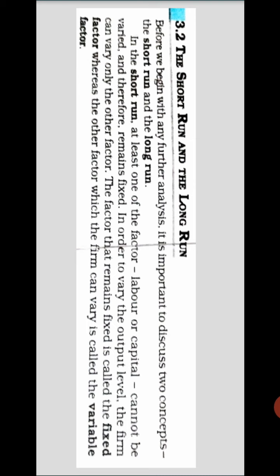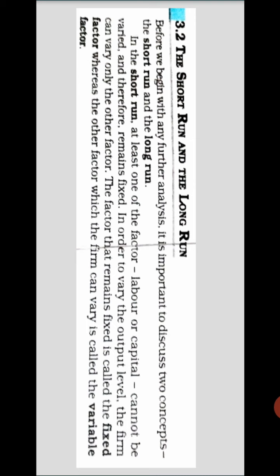Short run and long run, when it comes to economics, when you are going for any production process, either an industrial product or an agriculture product, the variables always depend upon the time being. Time being means we will consider 1 year to 5 years. If it is 1 year or less than 1 year, we will call it a short run. If it is more than 1 year, then we will call it a long run.